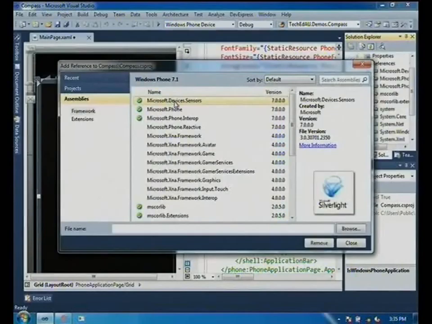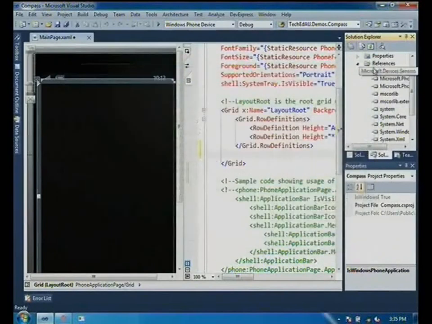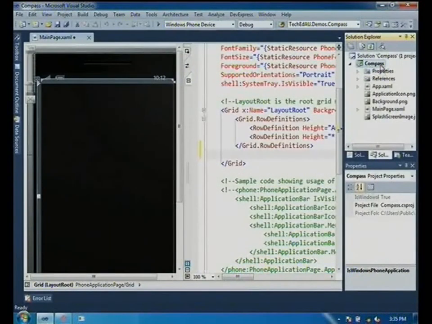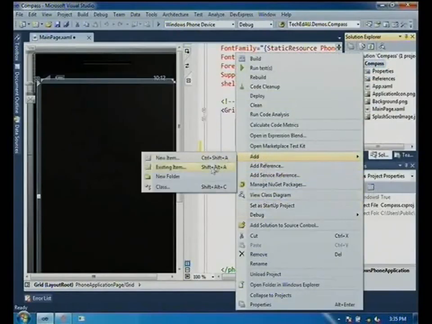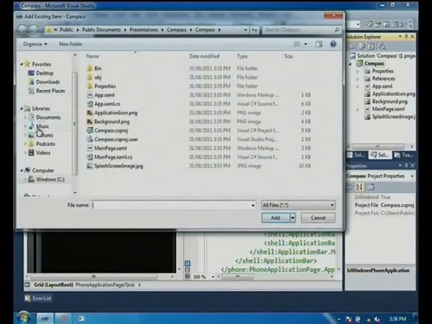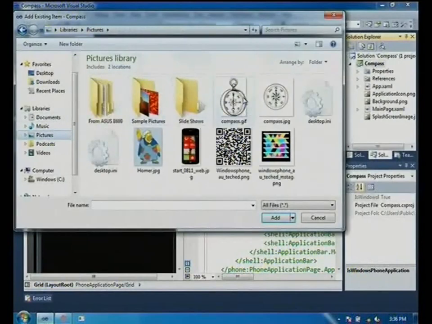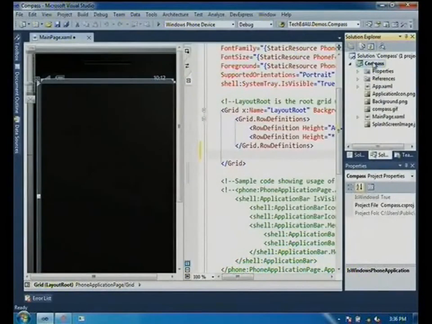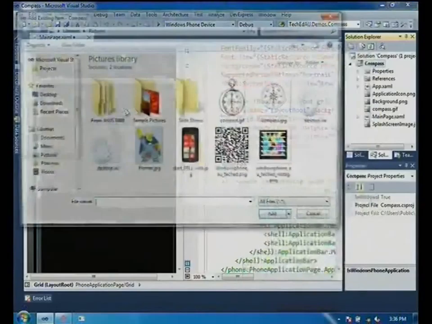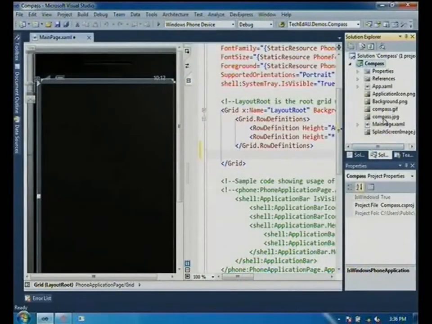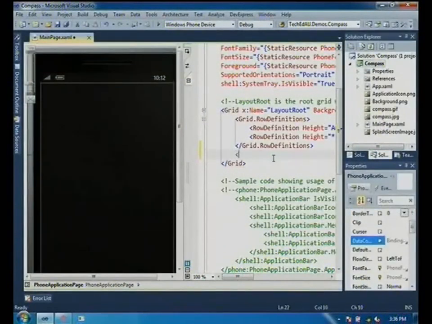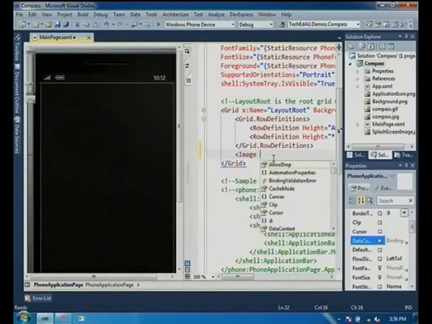So first we've got to add access to the devices sensors, which is the library that gives you access to the compass and the gyro. Right, so we've got our compass. Let's add an image control.